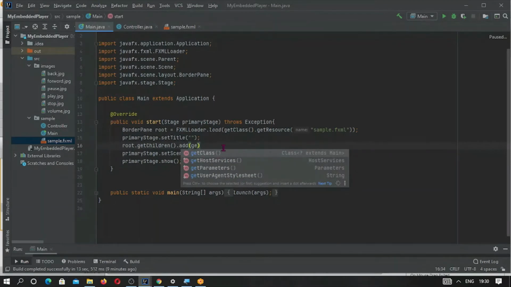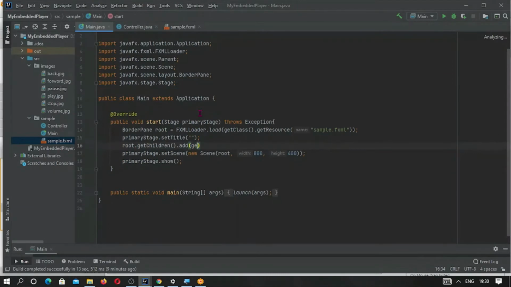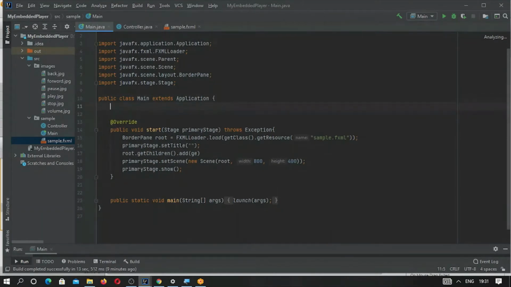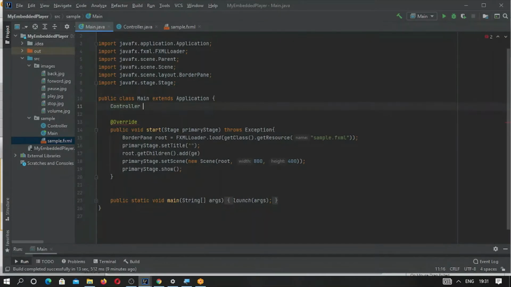We have to also initialize the controller. This class needs to be initialized here, giving the reference for this one, whenever we require the controller class. So just below this one, Controller controller equals new Controller.